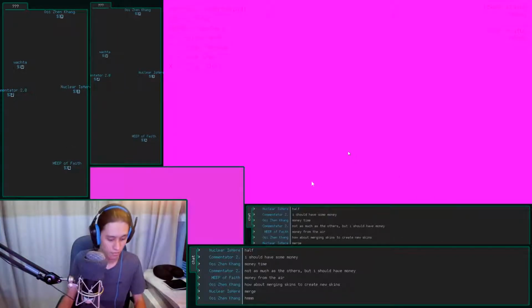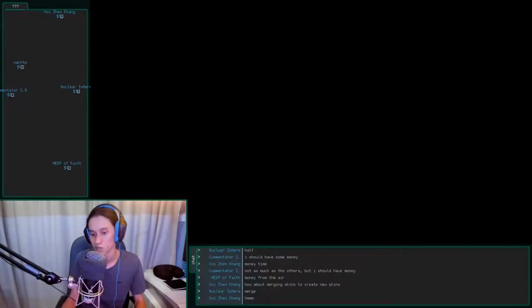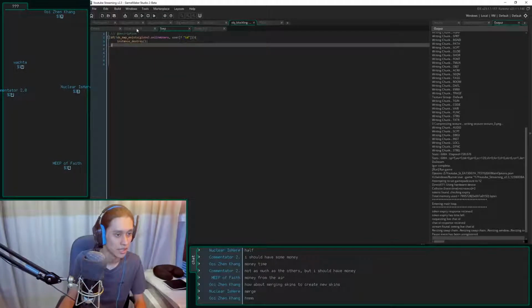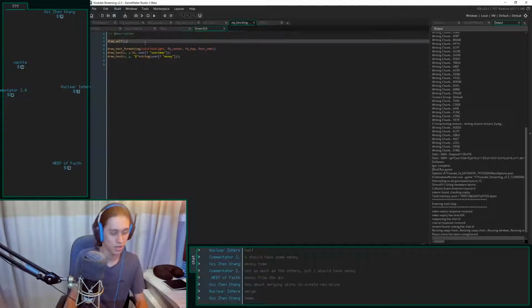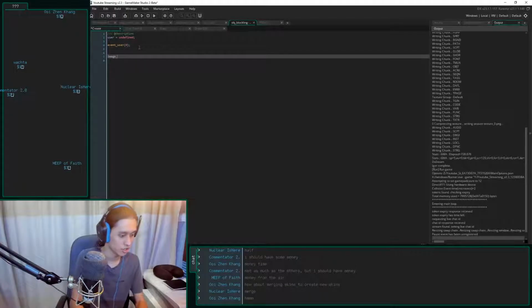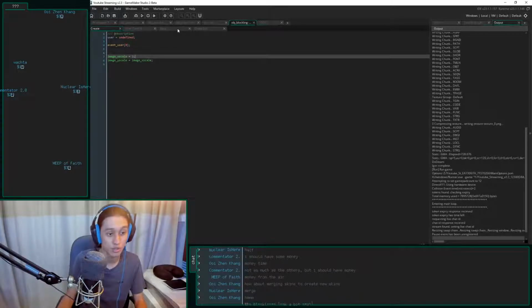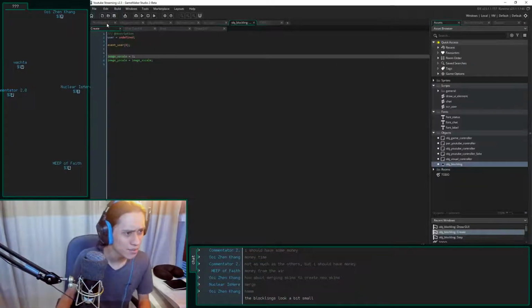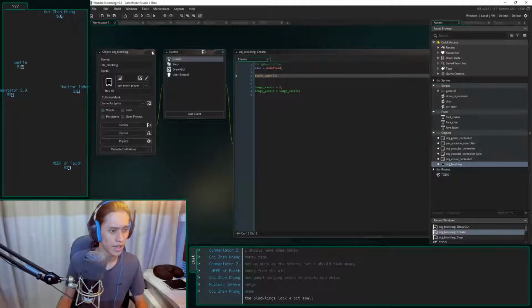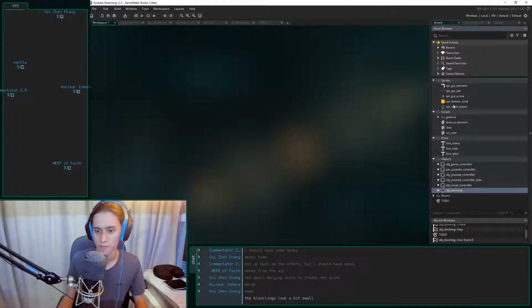I think we can scale them up by 2 times. Let's see. Draw GUI. Ooh, let's do draw self. Create event. Let's do image x scale equals 2, image y scale equals image x scale. Ooh, can't spell right now. Something like that. So that should scale it up by 2 times. Let's work on some art. Yeah, they do look a little bit small, which is why I'm scaling them up.